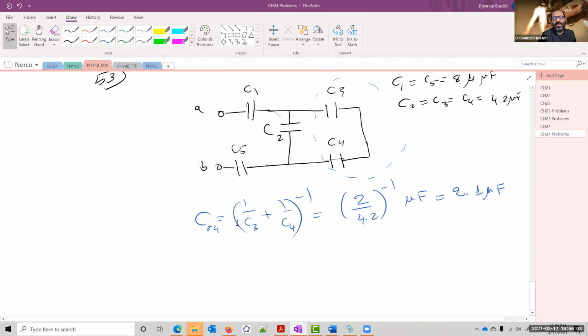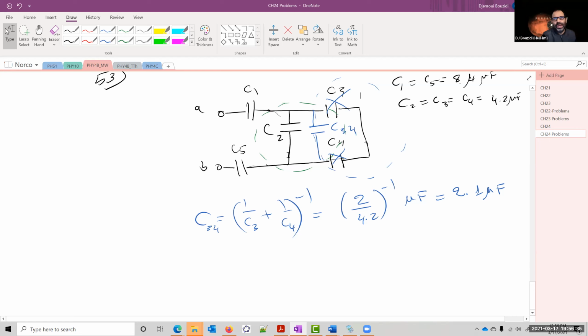So now how does the circuit look? It looks like this thing doesn't exist now, no more. But I have rather a C34 now. If I look at my circuit now, the innermost are these two capacitances, C2 and C34. So I'm going to call it C234, okay? Except that they are in parallel now. So the only reason why I applied this result is because C3 and C4 were in series, one after the other.